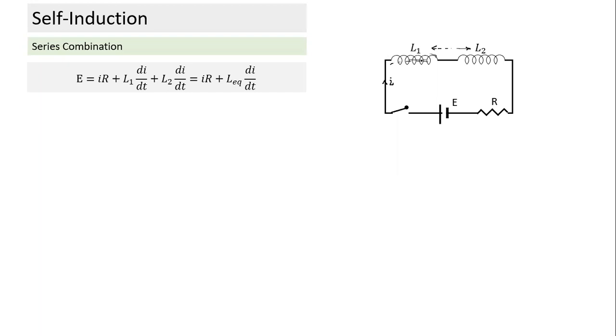So what should happen? The flux through L1 should be only due to current in L1, and flux in L2 should be only due to current in L2. L2 should not experience any flux due to L1, and L1 should not experience any flux due to L2. For that to happen, the distance has to be large, so that the field in the area of the coil of the second inductor due to the first inductor is negligible. So as long as they are connected in series, not close to each other, I can replace them with one single inductor equal to L1 plus L2. The principle followed is similar to what we have in case of resistance,